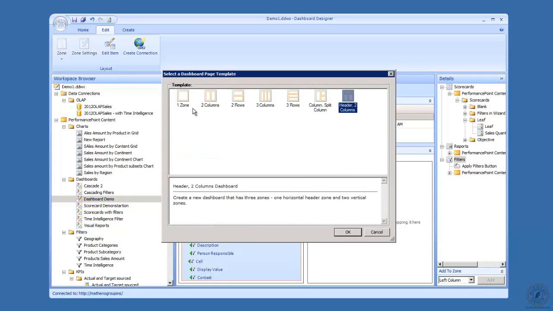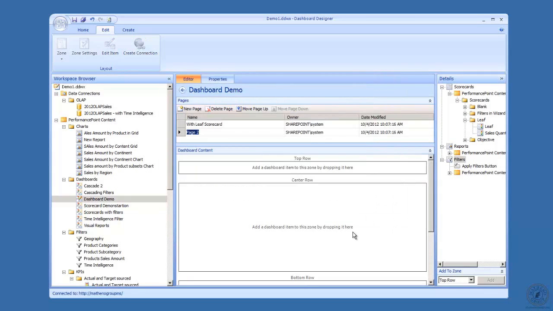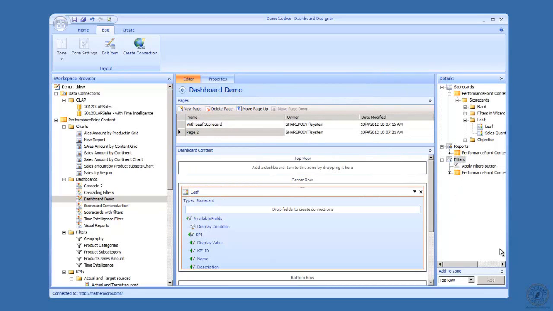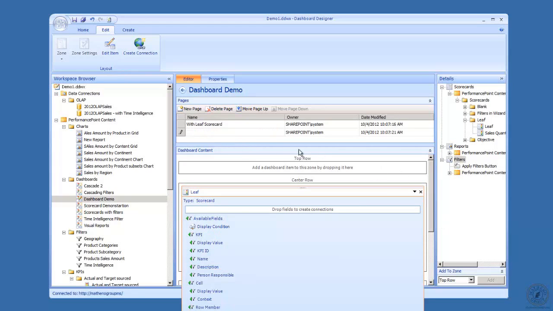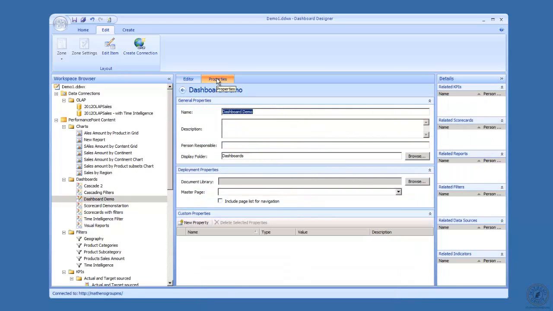And now I'll click new page, and see I can pick a different one. So we'll pick rows here. And I'll say OK. And let's take the same scorecard, and I dumped it down here into my row, into my center row. And now I'm going to rename this with leaf in row. Clever. All right, and now I've got my dashboard,